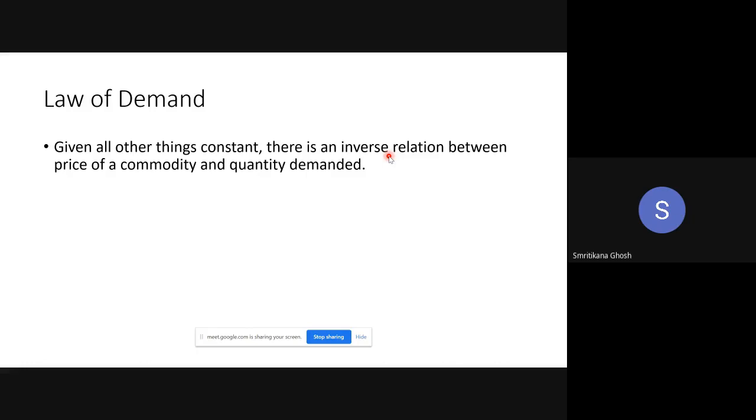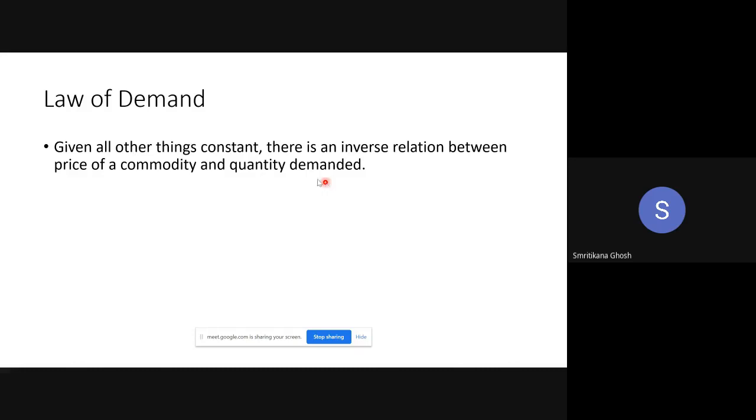Then what about the next? If the inverse is there, what will be the name of that part? This is also the law of demand. So that is why you have to make it a generalized one. Inverse relation between the price and the quantity demanded of a commodity. And this is general. Within that term, increase, decrease, everything is there. So it is better to write an inverse relation between the price of a commodity and the quantity demanded is called the law of demand.